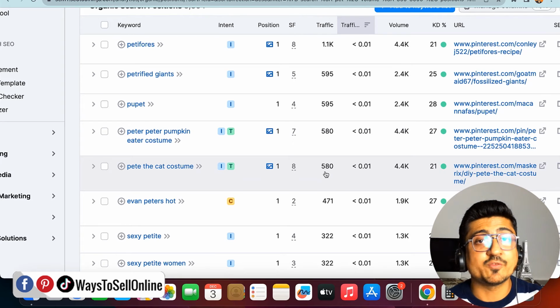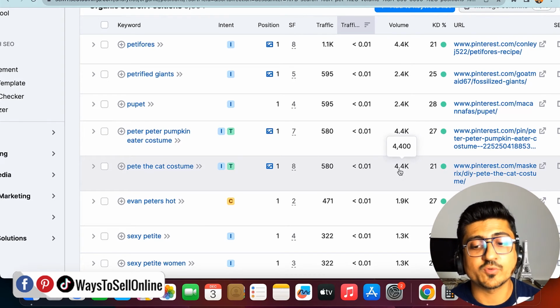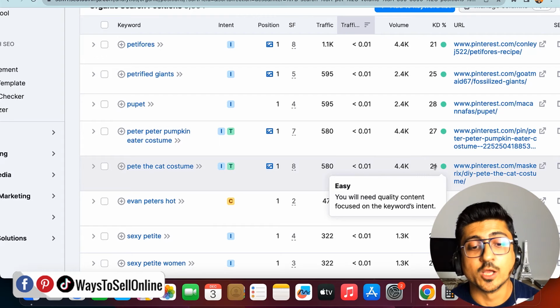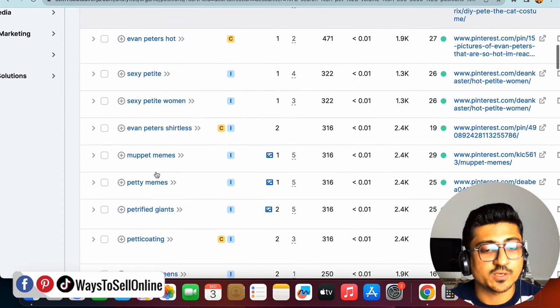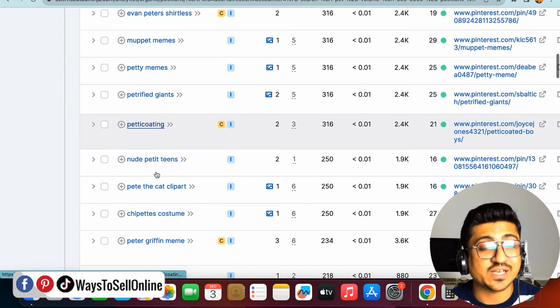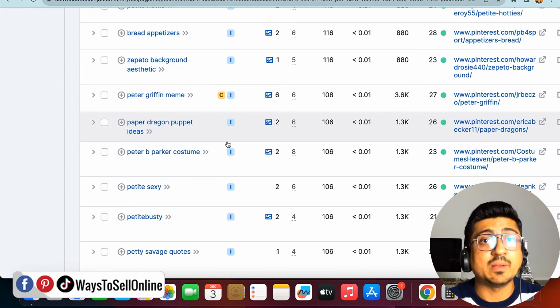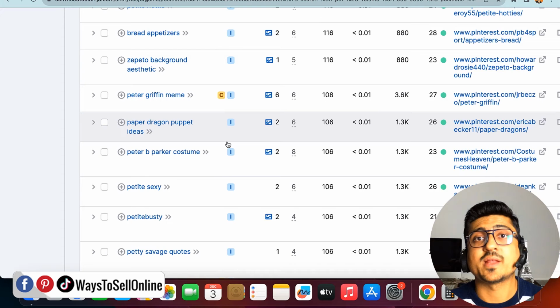You can see that this one has 580 traffic, 4.4k search volume, and the keyword difficulty is 21. So if I write an article on pet cat costume, or if I scroll further down, I can find some more keywords for which I can write an article, then I will be able to rank my article or my website on that keyword on Google